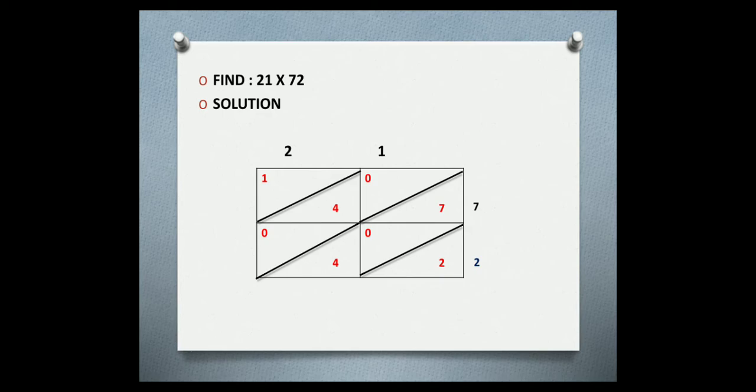We'll go for the summing up process. We have to start from the right side. Here I have only 2, so I'll write 2 as it is. The next diagonal, it is 4 plus 0 plus 7. When I add, what am I getting? I am getting 11. So I am getting again a 2 digit as my answer. In that case, what should you do? 1 I will write here. The 1 which is in the tens place, I'll take it as a carryover to the next diagonal, right?